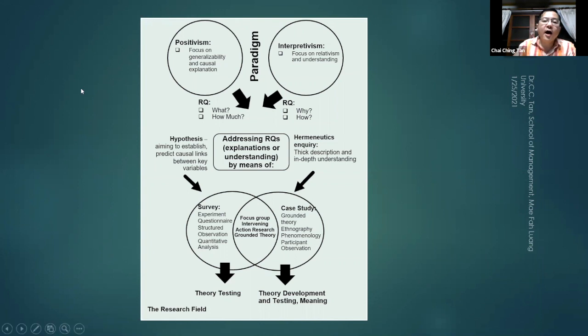Okay, so again, in conclusion of all the things that you need to do, you need to be an expert. To be an expert, you need to understand the philosophy of research, which is called paradigm. You need to understand what kind of research question you need to pose. And you know that the research questions are interrelated to the paradigm, and you know how to address the research question, for either the rich understanding, the thick description, the detailed description, or just the hypothetical description, and you know the methods that you need to use, and you know the purpose, whether for theory testing or whether for theory